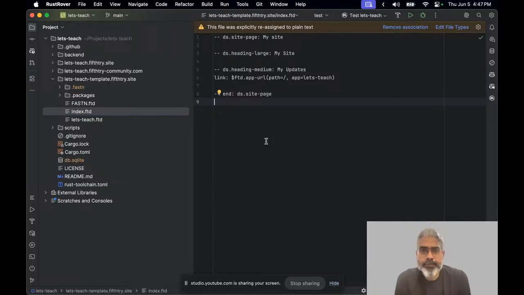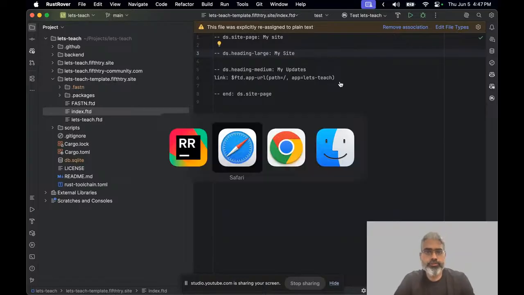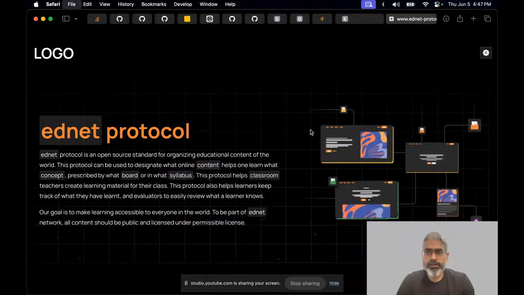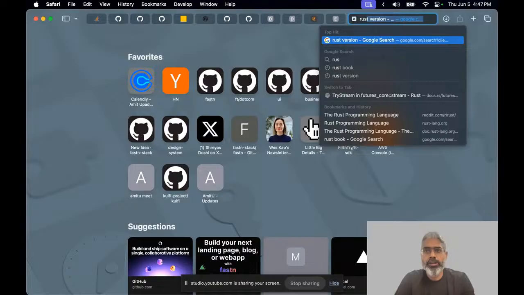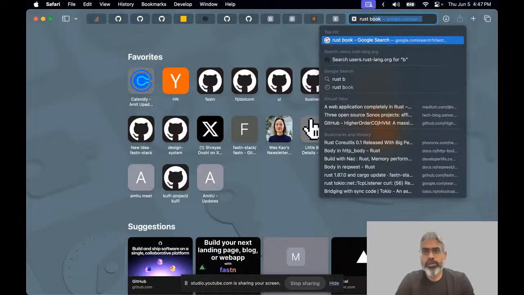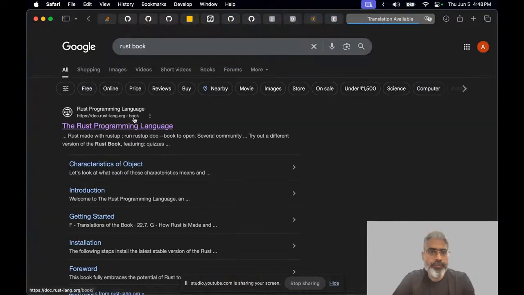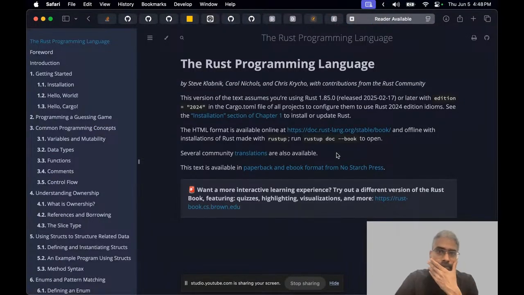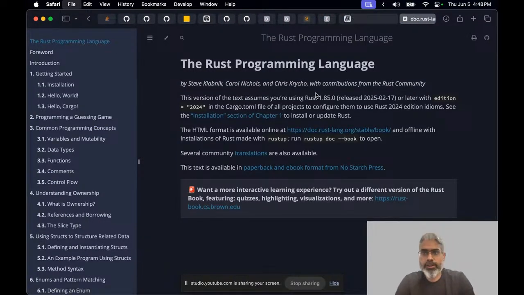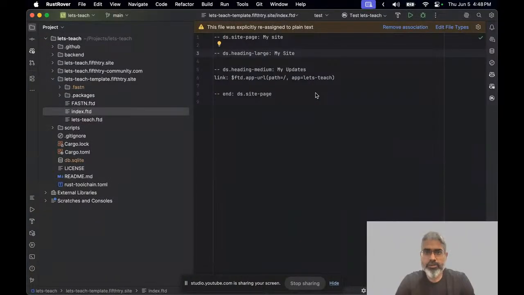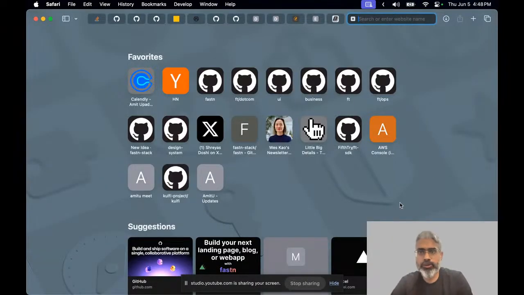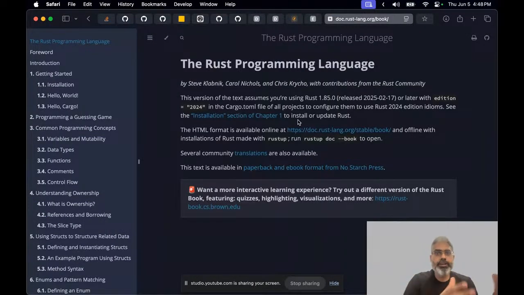So let's say this site is going to look like the Rust book or any of those. If you look at this page, this is how the site looks right now, which is just a single page with "Hello World." We want it to look like this, right? So it's going to have